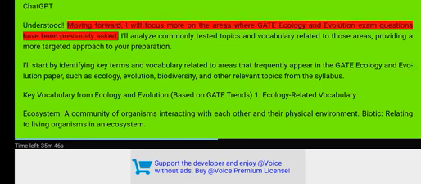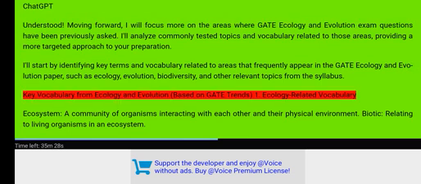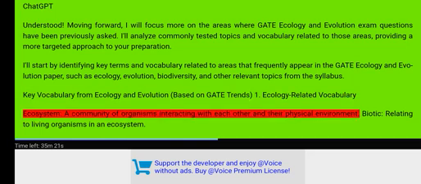Understood. Moving forward, I will focus more on the key vocabulary from ecology and evolution based on GATE trends. 1. Ecology-related vocabulary. Ecosystem, a community of organisms interacting with